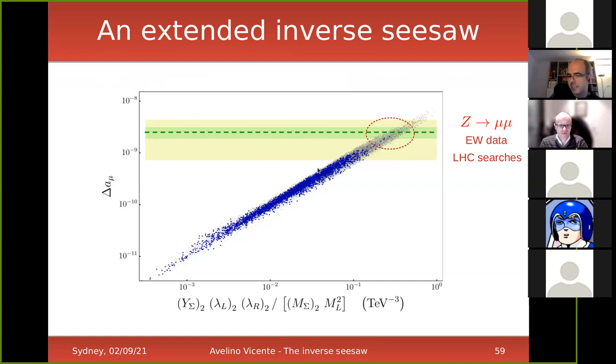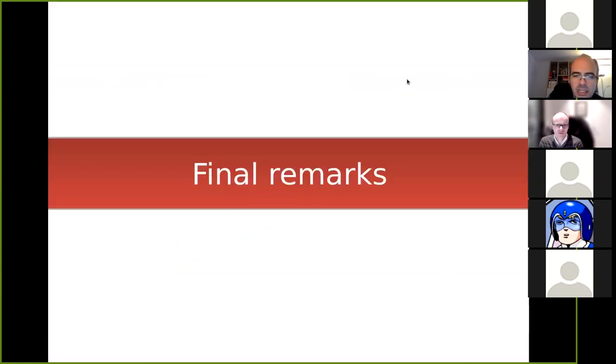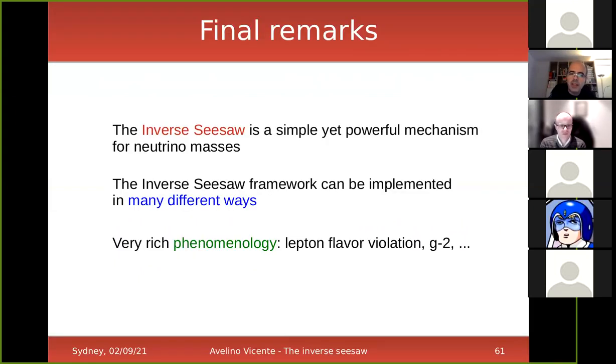At 3 sigma, it's easy, okay? You get many, but at 1 sigma, it's not that trivial anymore. But in principle, it works. So these are just 2 examples that I wanted to show you, but I hope I convince you that the